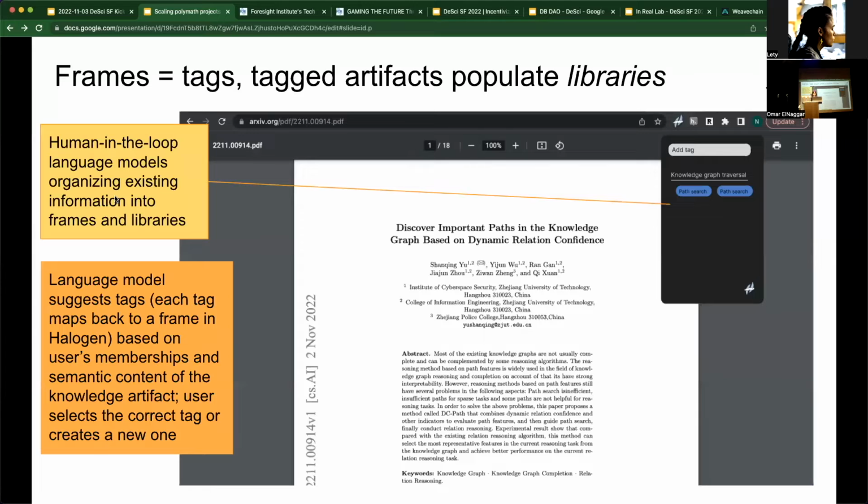Yeah, so here's a way to grab papers on the internet and tag them according to frames. Each frame becomes a tag within the Halogen network, which essentially means that if I create a frame, which is like a field, I can go on the internet, go on arXiv,